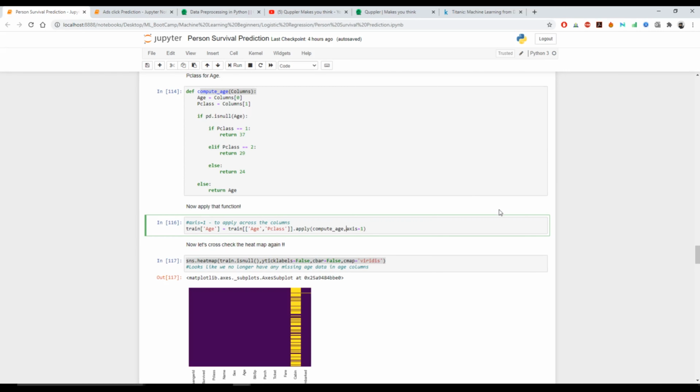In the same way, if you want to drop any missing values from your data set, you can do train dot dropna inplace equals true. On running this and generating the heat map, you can finally see for this embark column, for that particular row where the data was missing, we had dropped it.